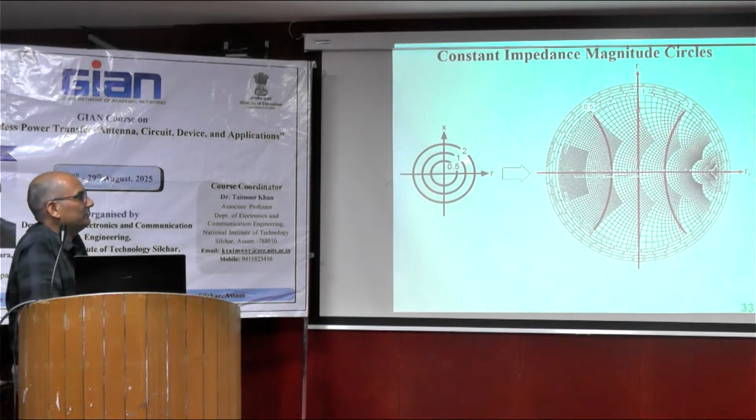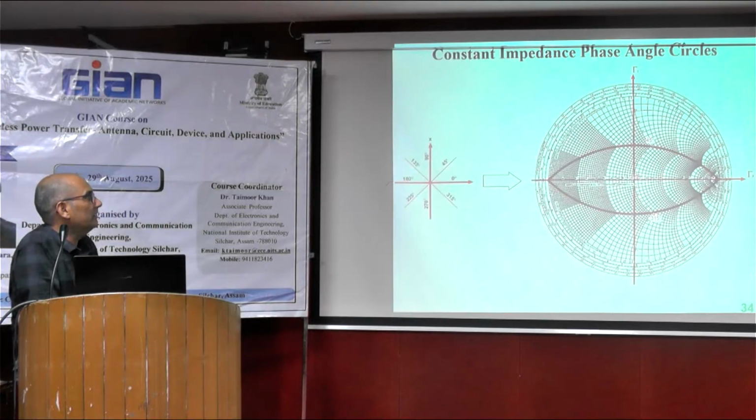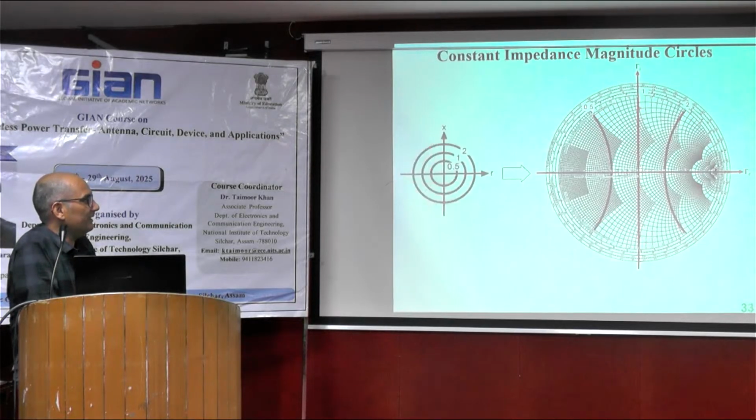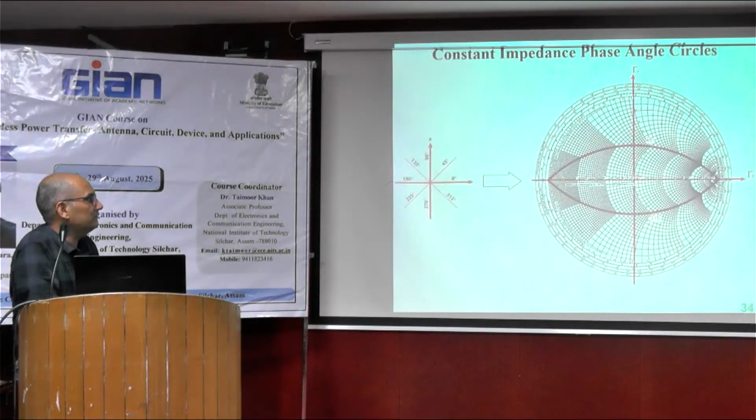Coming to the magnitude circles, because magnitude and phase are both equally important for a complex quantity. Then the phase angle: this was the magnitude, and this one is the phase, with different phases 0, 45, 90, 130 degrees, and all these graphs will come. This point is 0 degrees, this is 45 degrees, and somewhere here it should be 90 degrees. Where is that point? Okay,